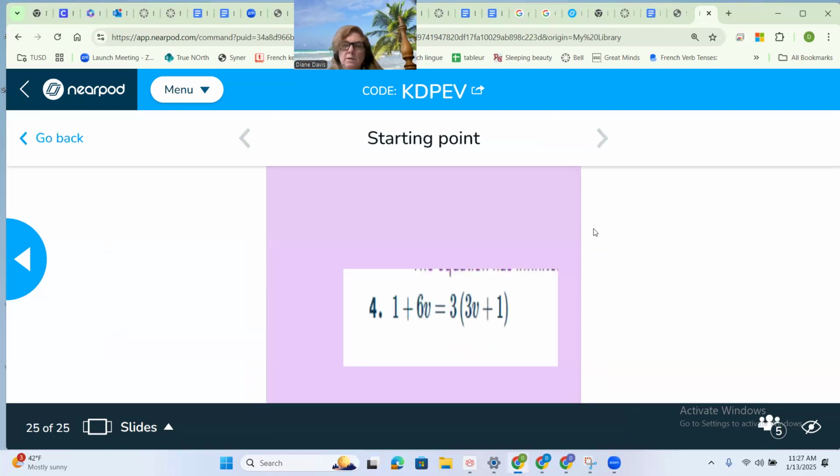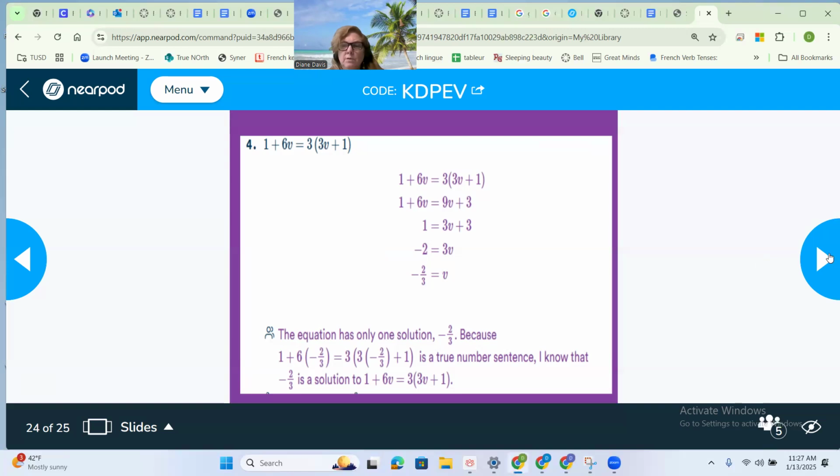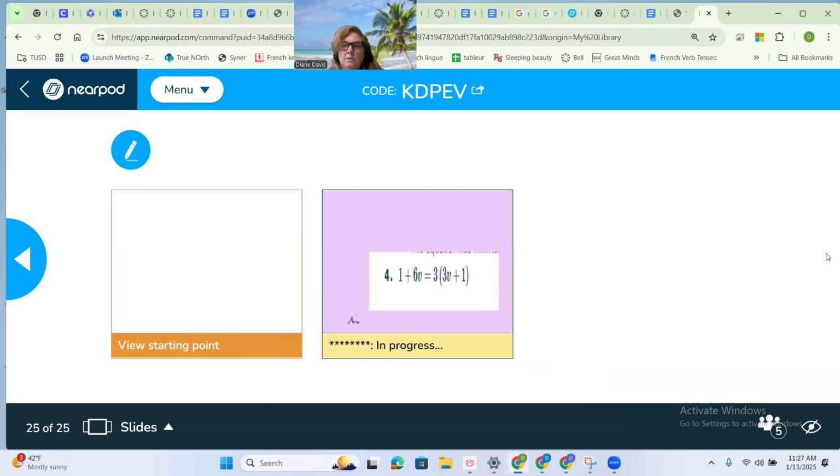Okay, and here is one that I just did for you to do. It actually does have a draw it slot, apparently. Where'd it go? There it is right there. Okay, so for the last part of this class, we do have a draw it slide. So I want you to finish that, and I have